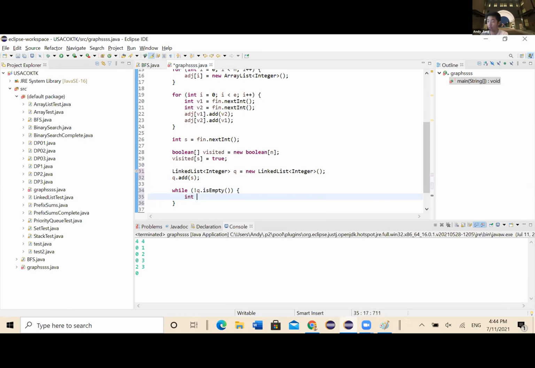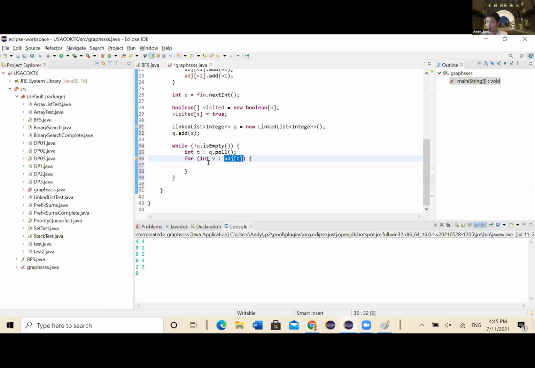I want to pull whatever's at the top. I'll say T, because it's temporary, T for temporary, and queue.pull. Now, I want to go through all the vertices that are next to T. So for each vertex next to T, this is the list from the adjacency list of all the vertices that T goes to. So for each vertex in this list,